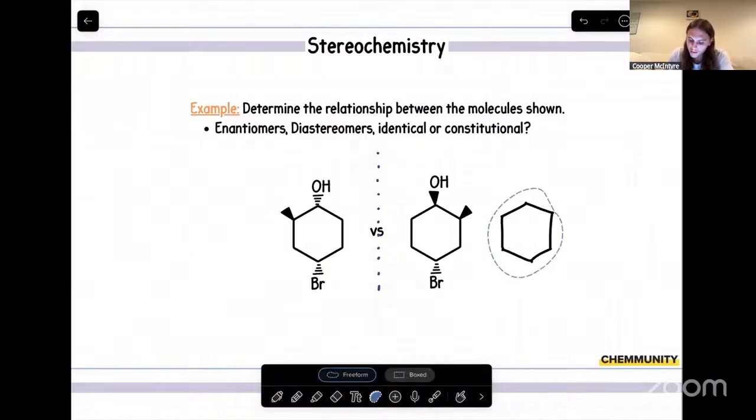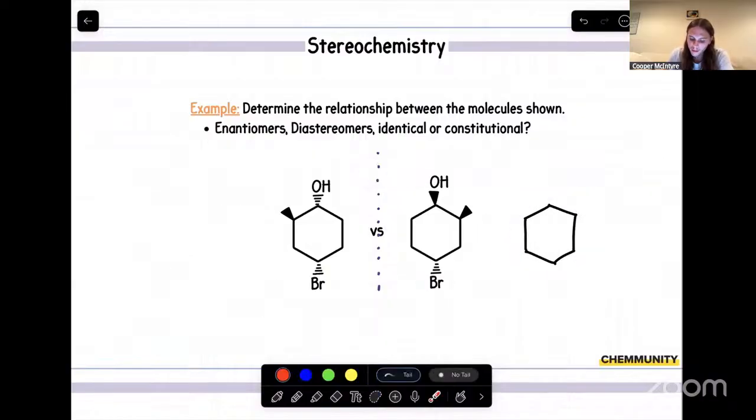Move this over. So by flipping it, we're moving this methyl group. It'll now be on the left side. But since we're turning it over like a book, what was facing towards us now faces away from us. And then yet again, same with that alcohol. Since we're turning it over, it was wedged right here, but it will now be dashed. And then same with that bromine. It was dashed, but after flipping it, it'll now be wedged.